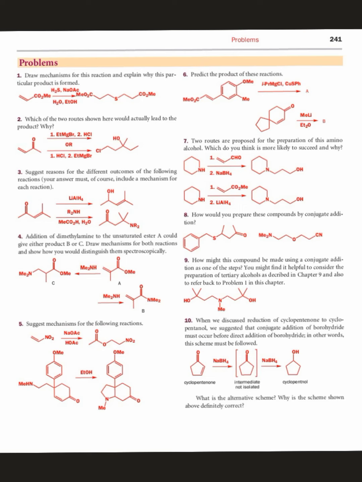Remember the summary of this chapter: wherever a double bond occurs adjacent to a carbonyl group, look at the reagent. If there is a sulfur, a cyanide or a nitrogen, then that lone pair or negative charge undergoes resonance and leads to the formation of an addition product, conjugate addition.